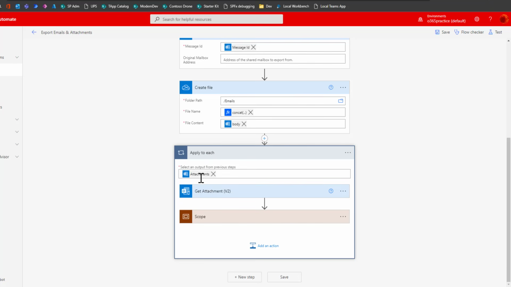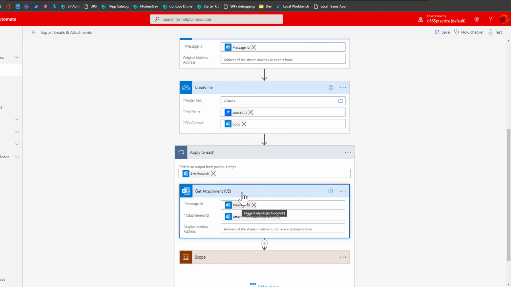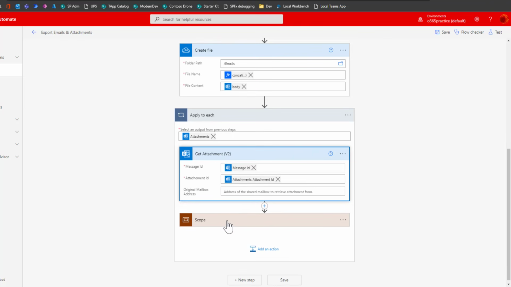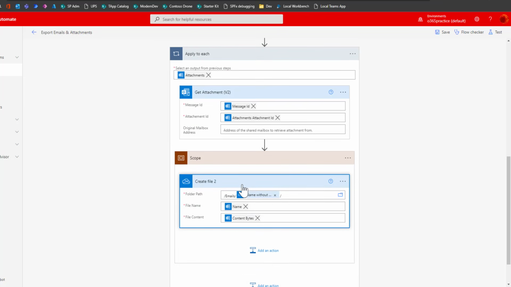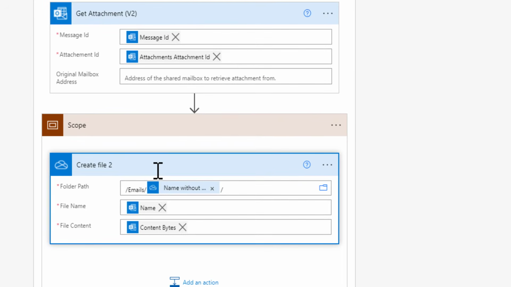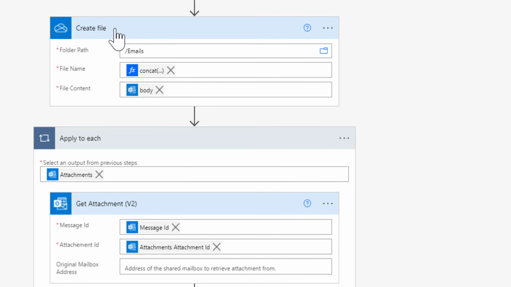Once this action is triggered, for each attachment you have to get the attachment using the message ID and the attachment ID. Both can be retrieved from the trigger outputs. Once you have the attachment, next you need to use the create file action again, and here I have configured the emails folder, and inside that I have configured the subject name without the extension, which is coming from the create file action here.